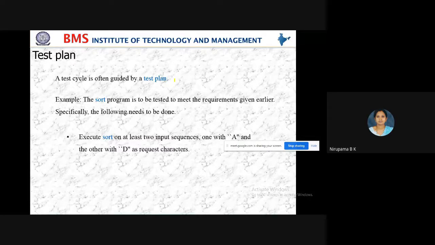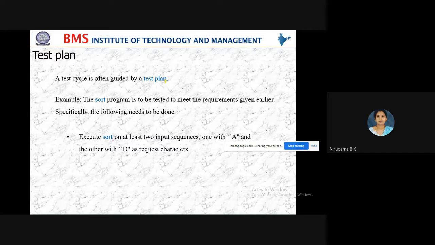In Google Classroom, I'll create one folder for your subject, and to that you have to send it to me. So you understood the question? You have to write a test plan, meaning how you want to test your department. You have to write the test plan for the application to automate the MCA department.